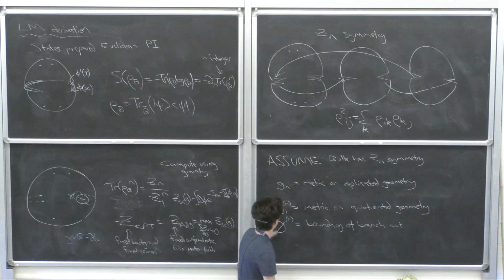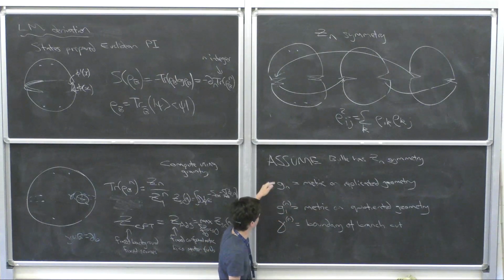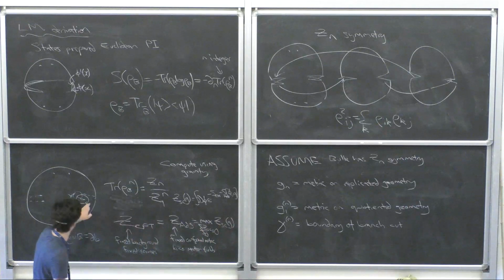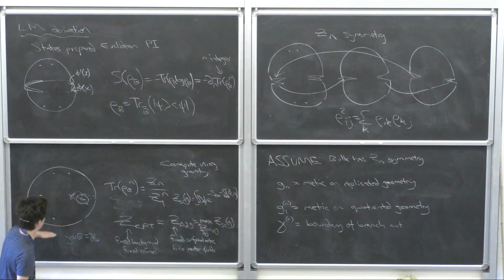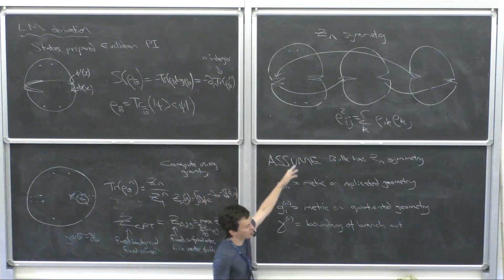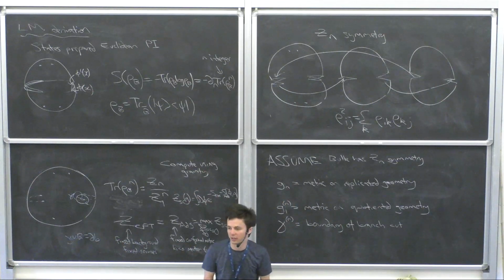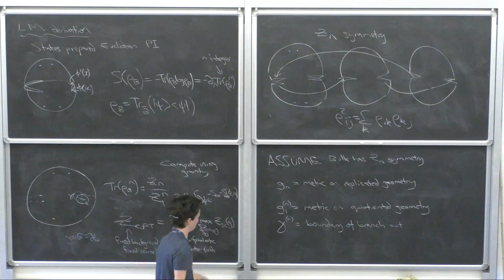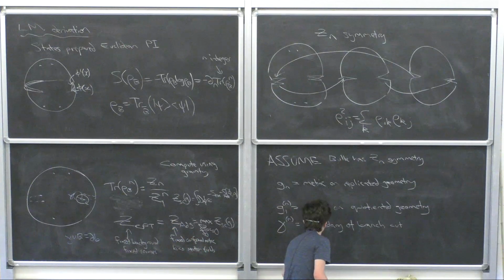Okay. So I claim to you that specifying these two things is the same as specifying the full replicated geometry, for the same reason that specifying big B and the geometry of the single copy here was enough to describe that full n-fold cover over there. Okay? So that means we could have equivalently written